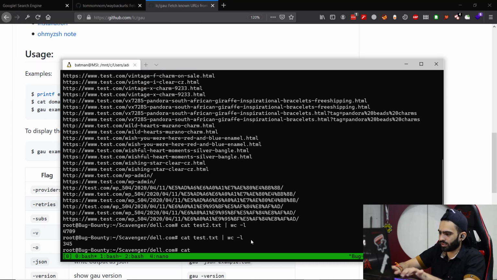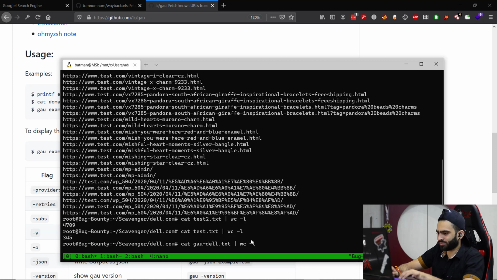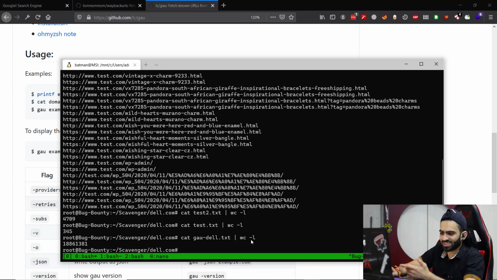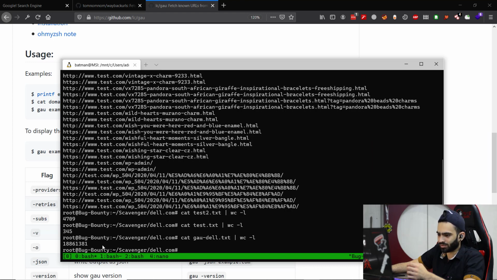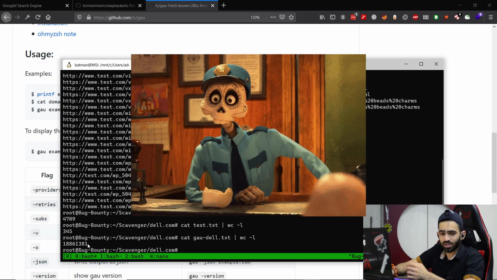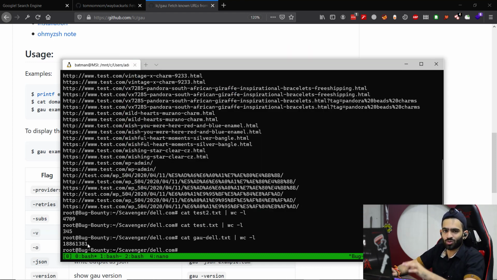Now again, let's see how many URLs it found for Dell.com. And yeah, as you can see, it took 2 to 3 seconds for just counting the number of lines. So you can imagine. And it has, let me count, 1, 2, 3, 4, 5, 6, almost 18 million or almost 19 million URLs it found belonging to Dell.com.